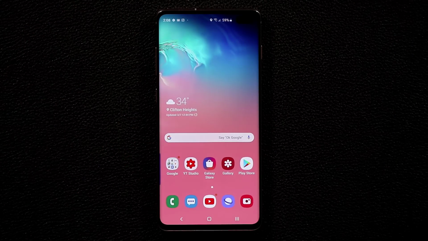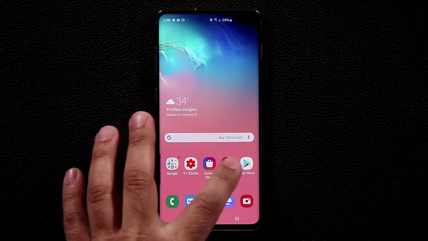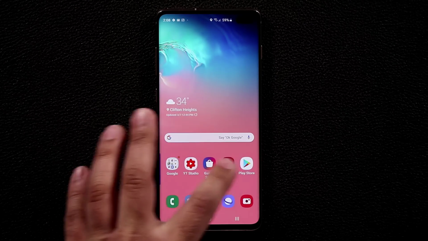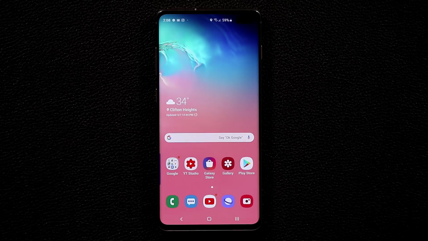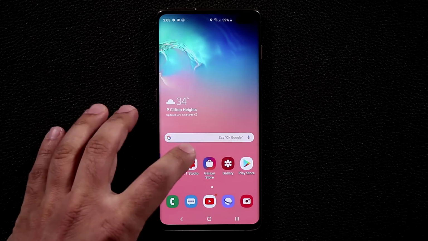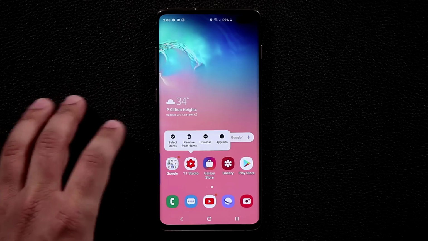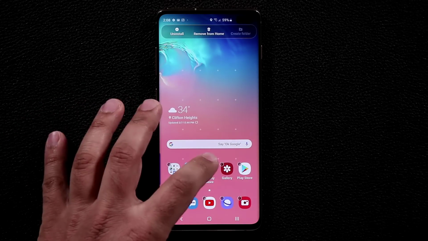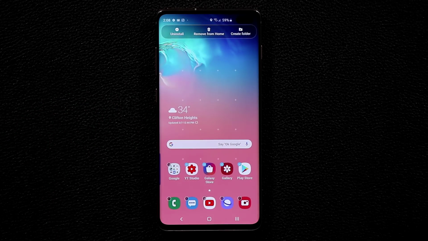One thing I do want to show you guys really quickly on the home screen is this amazing thing you can do with the app. So if you want to create a folder for a bunch of apps, you don't have to create a folder and put apps in it one by one. For example, let's say I want to group all these icons here, these apps, into one main folder. All I have to do is press and hold on one of these guys, then say select items, then select the items I want to group together, and then just